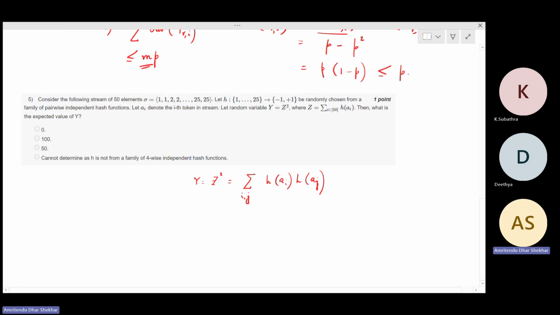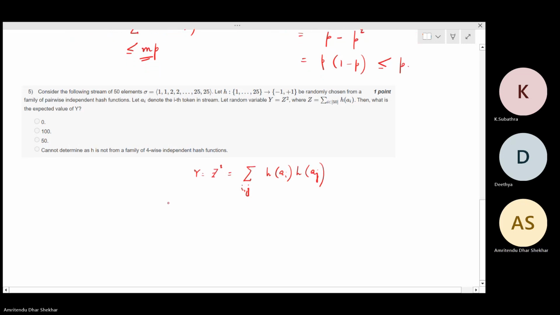So let's write it in this way: the summation over i comma j, where j does not belong to i or i plus one, h_ij h_aj,